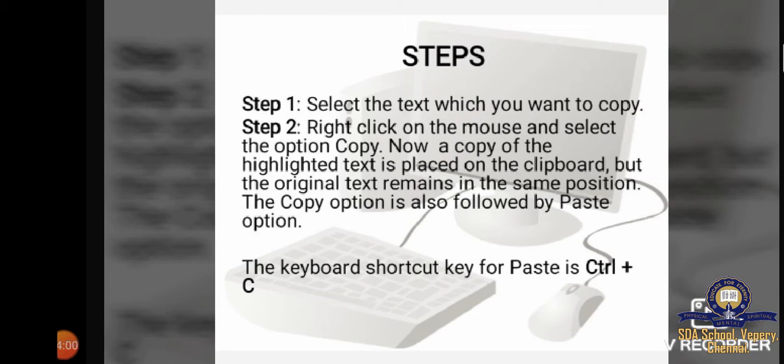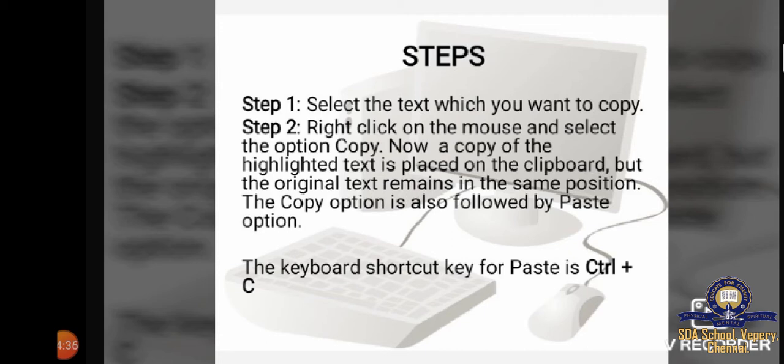Under selecting text with mouse we have 3 important points. To select a word, double click within the word. To select a paragraph, triple click within the paragraph. To select the entire document, click on the select button located in the right corner of the home tab and choose select all from the drop down list, or press Ctrl+A.